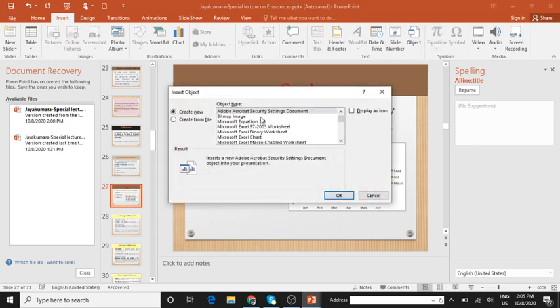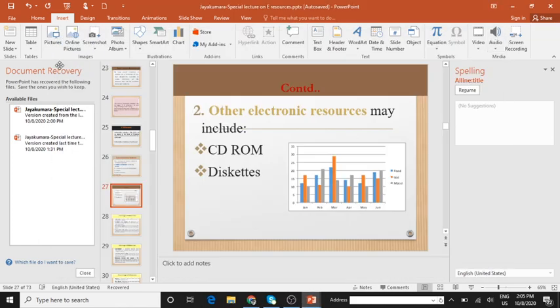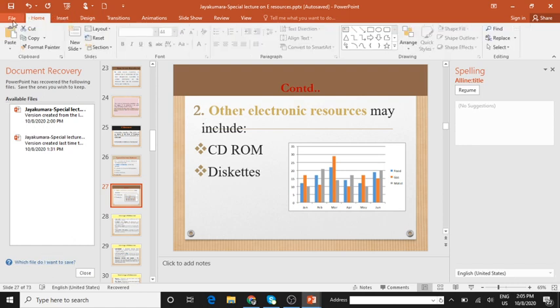Here a pop-up menu appears, wherein you will have to be careful in selecting which one you are supposed to. It's like taking information from a different source, and you can just click on any of that. Okay, then click on OK button. So that appears. If you want, you can add new slides also. So this is what is your insert. Then home, I think I've already discussed.